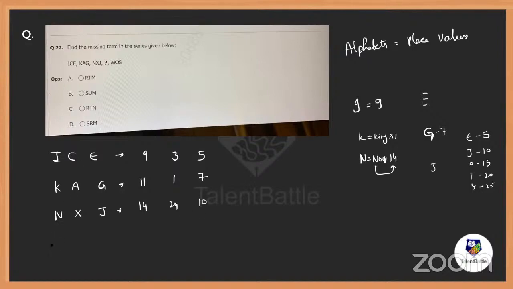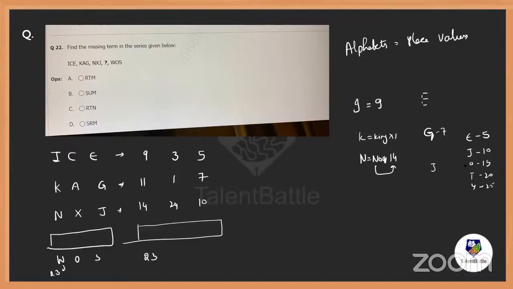Next, the last is also given: W, O, S. W, when you rotate it, is like a 3 at the end, that is 23. O, from E Jyoti, the third name, so third multiple is 15. S, when you close the side boundary, it looks like 9, so it is 19, because already 9 is I. So it should be 19.